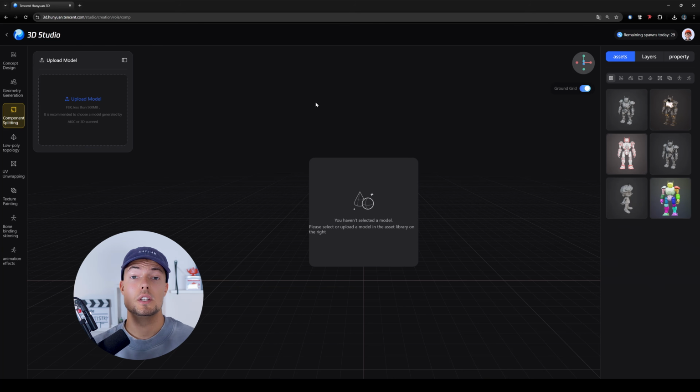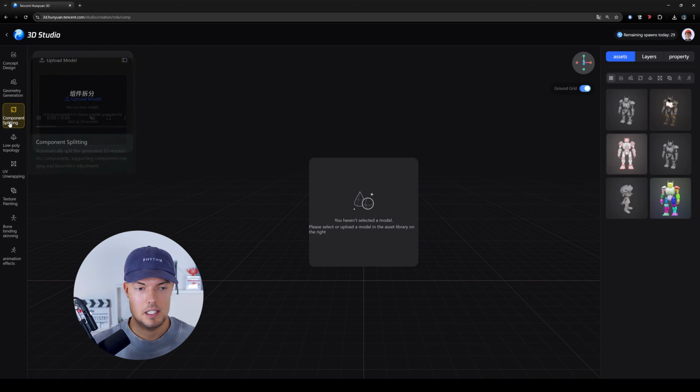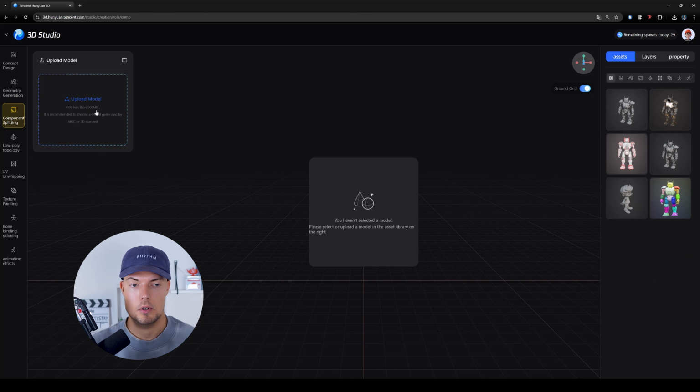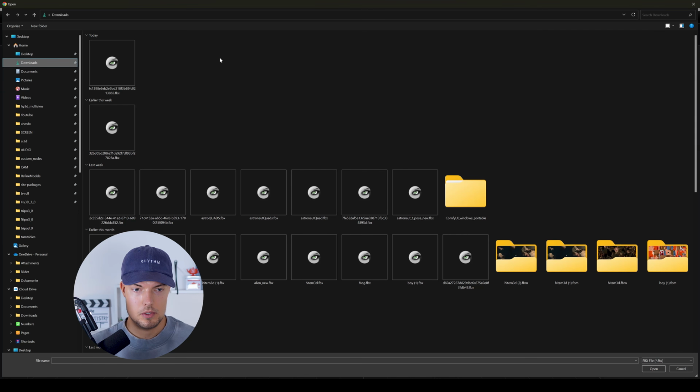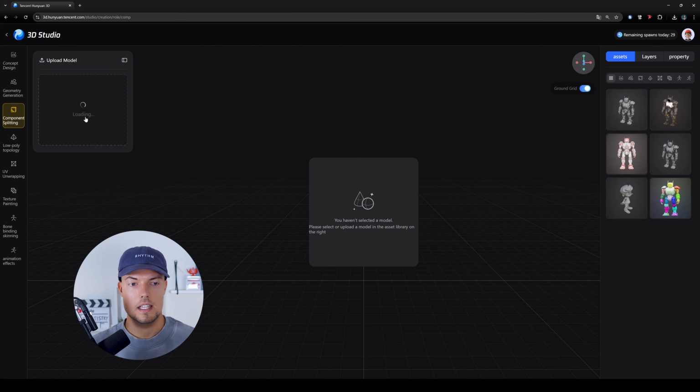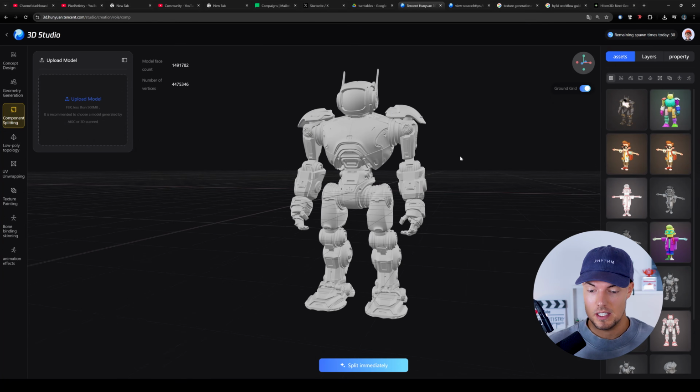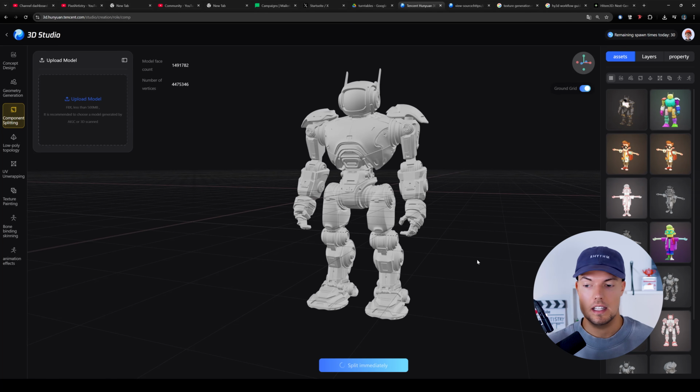And once it's downloaded, we can go here to component splitting, and then upload our model. We can do this by simply clicking here, then going to our downloads folder where we downloaded the model, and double clicking it, and then 3D Studio will upload it. Once you've uploaded the new model, the only thing you need to do is go here to split immediately. Then you can just click on it, and Hunyuan3D will process it for you and do the